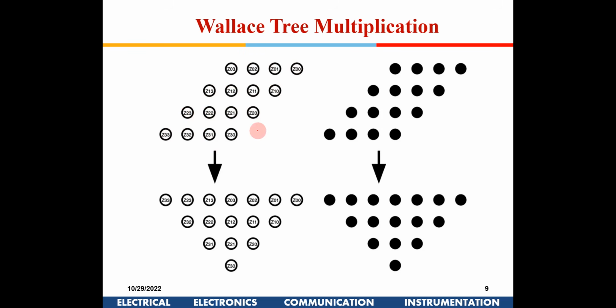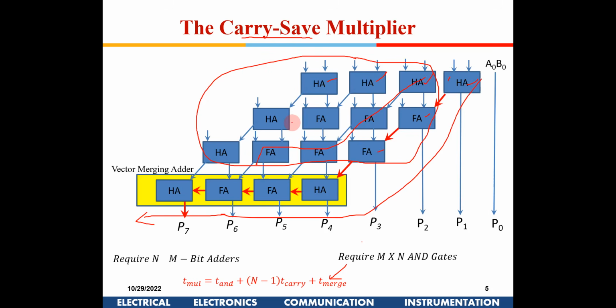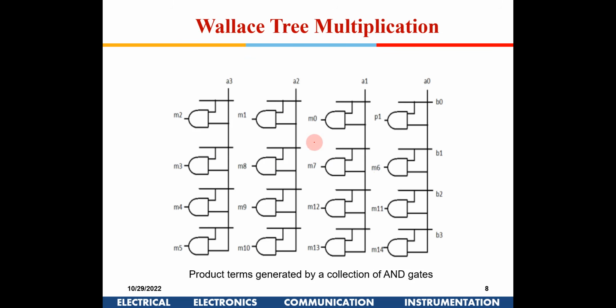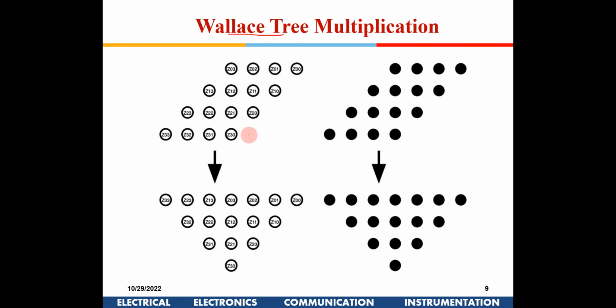Now you have to add these two, right? So one way we learnt about various methods of doing it. This is one option. This is the second option. So what the Wallace tree does is, it tries to optimize the number of full adders and half adders and the delays associated. So the first step in doing that is to rearrange this like this,